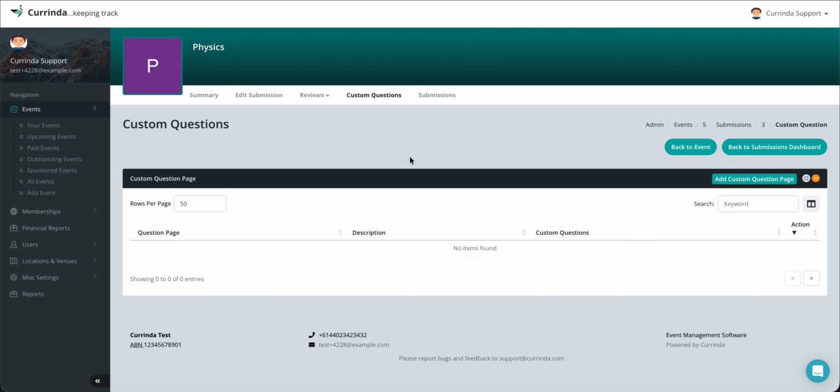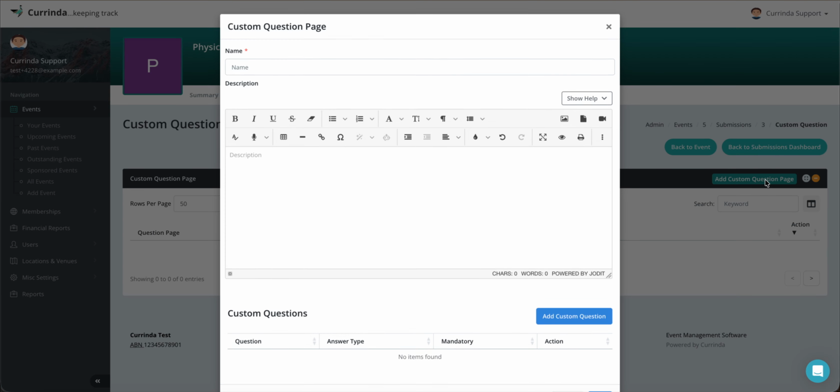This section works a little differently right now and will in future be working like the add-ons. We have add-on pages and then add-ons, and similarly we'll have custom question pages and then we have questions. However, currently it works like this. We can create a custom question page related to, let's say, physics, and we say description is physics related questions,